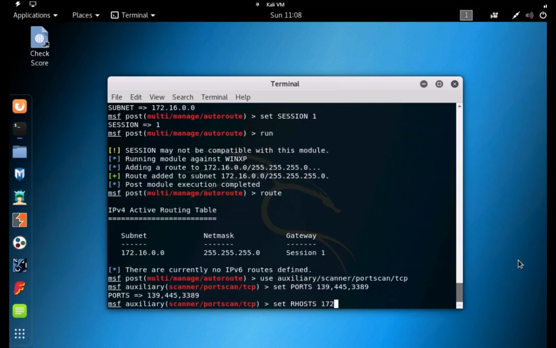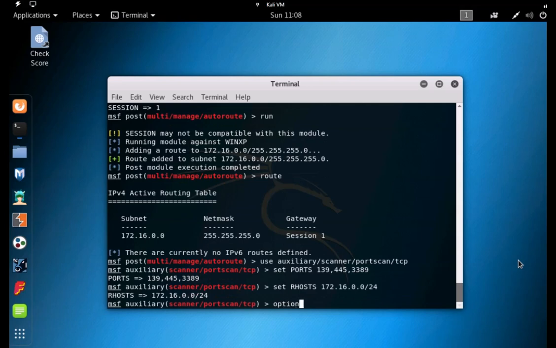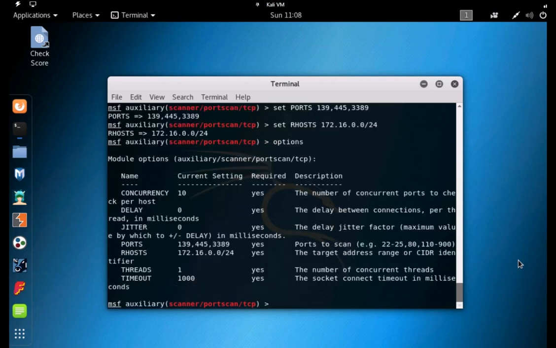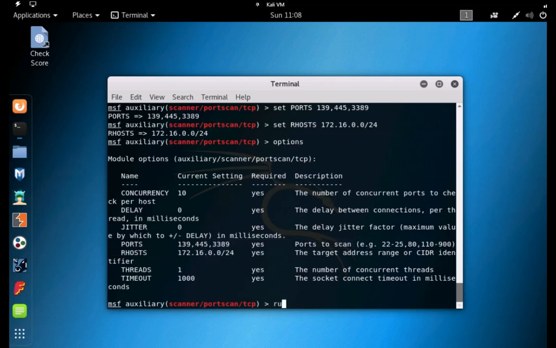So now we are going to mention our hosts, which is going to be the entire network. And then we are going to run this scan. So you can see I've specified the range of IPs to be scanned and ports. We'll do this in background so that whenever a port is found open,